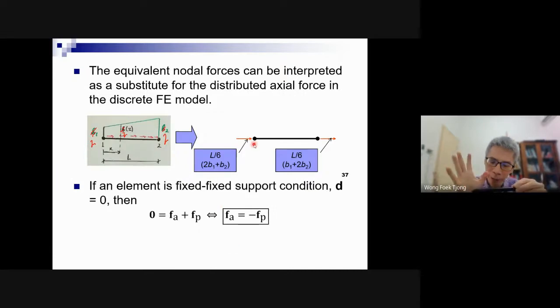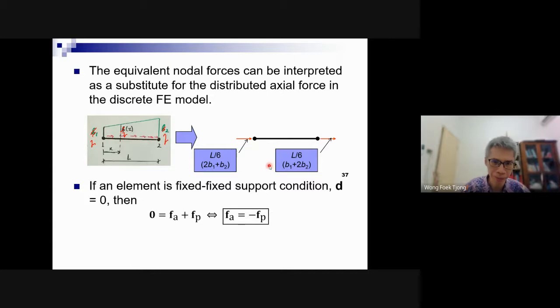It means what? In the discretized model, remember that when we talk about finite element, it is discretization, right? It means from a continuous model, the bar is continuous because the displacement is at any point, it becomes a discrete model. And then the loadings, the distributed force, also become discrete because they are given at the nodes according to this formula, okay? That's the interpretation.